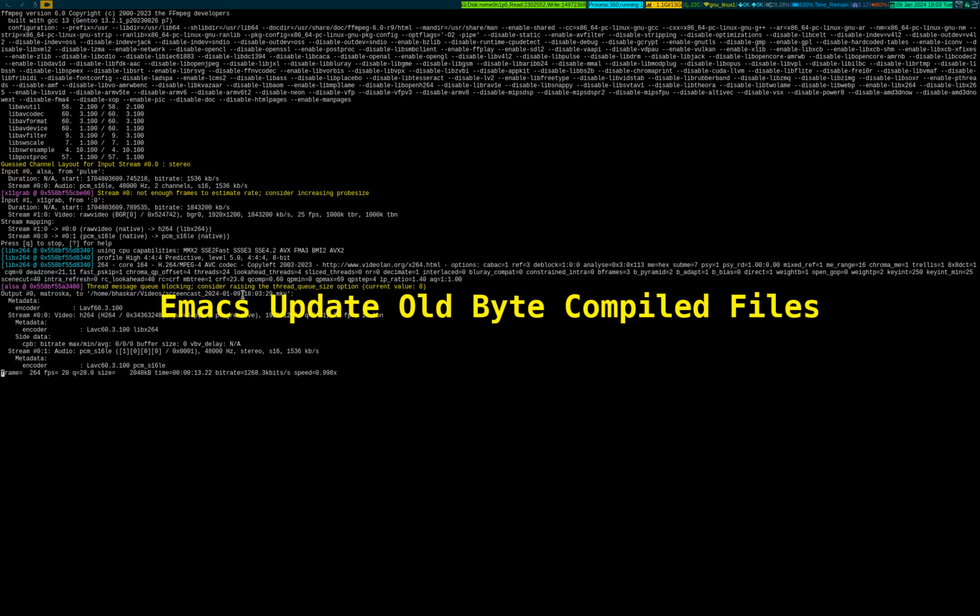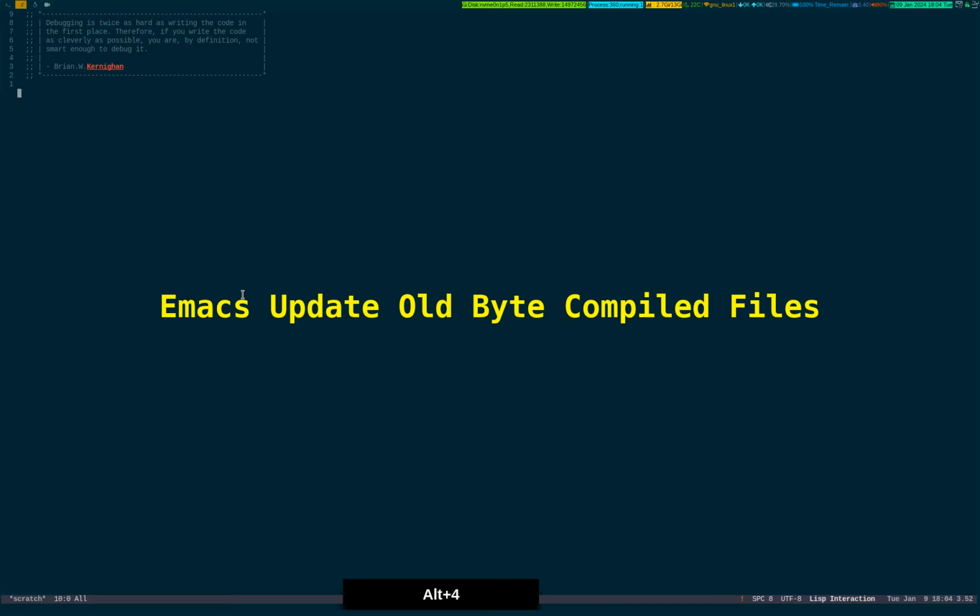Okay, so in this video I'm going to show you a very trivial example of how to fix a little glitch in Emacs. Okay, so you'll find it useful. I have already opened my Emacs client, which is here. Okay, and if I go to my